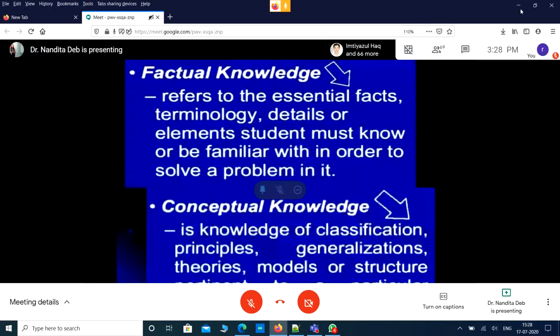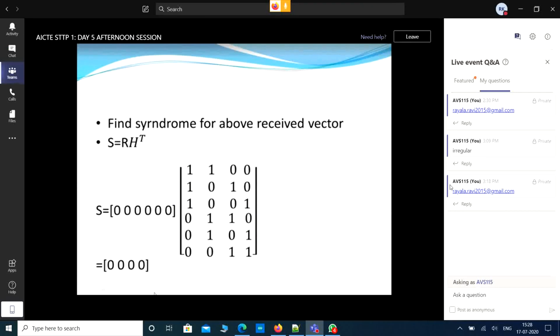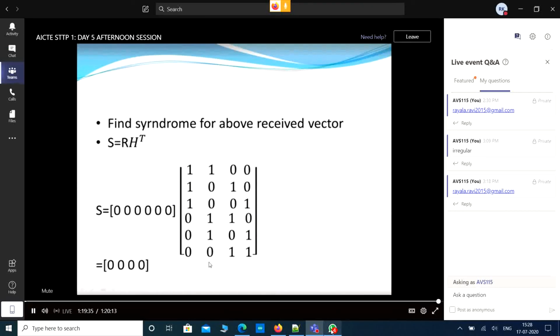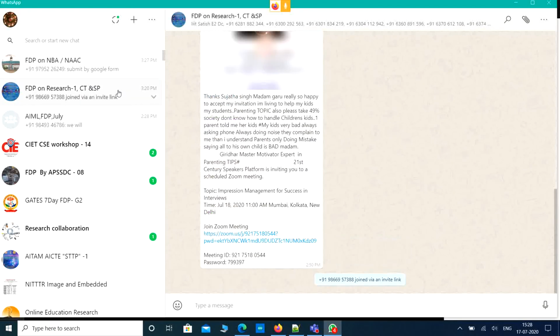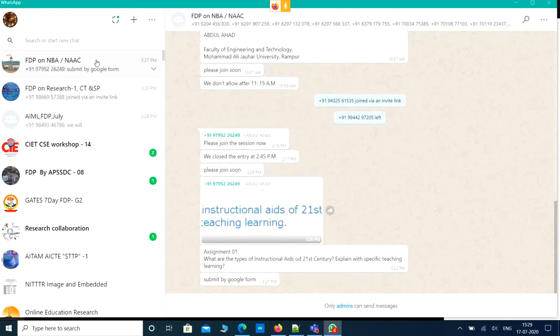Again, syndrome S is not equal to 0. That is the second iteration. And for the third iteration, the procedure is repeated until S is equal to 0, then you can stop your iterations. So if up to an average of 30 iterations you are not getting S equal to 0, you can stop your procedure.